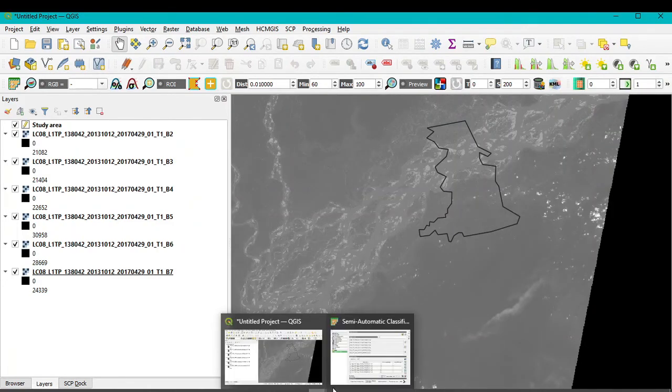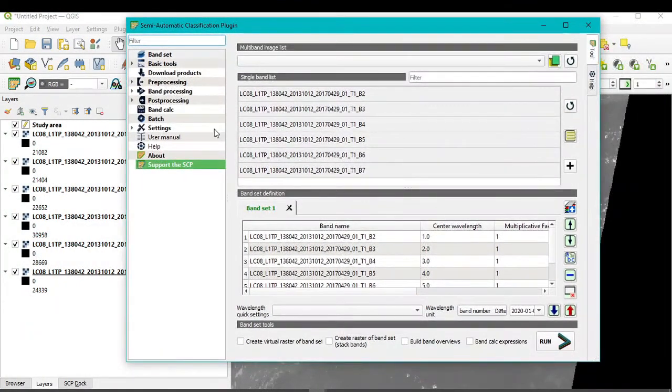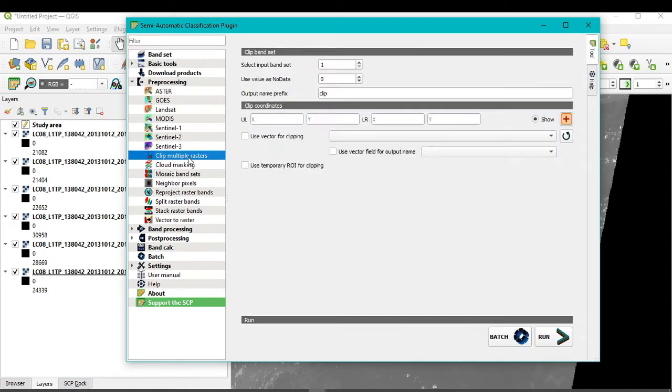So for that, again go to this semi-automatic classification plugin, and within this pre-processing, you just click here. You can see here the clip multiple raster. So simply double click here, so a new window will appear. Within this, you can see here the clip band set.